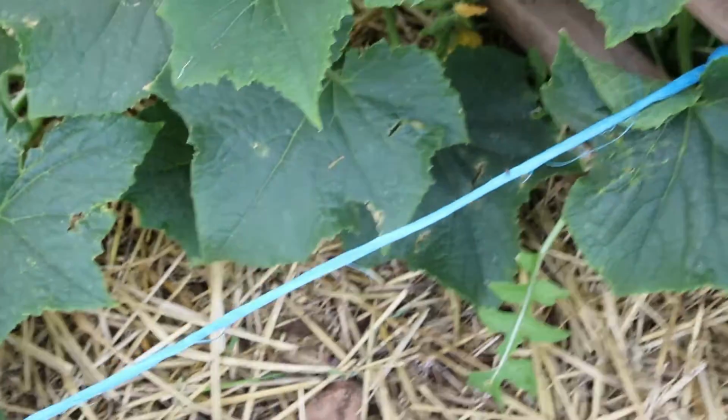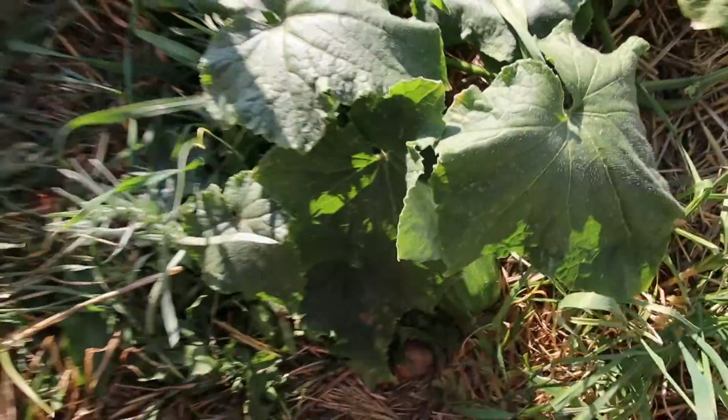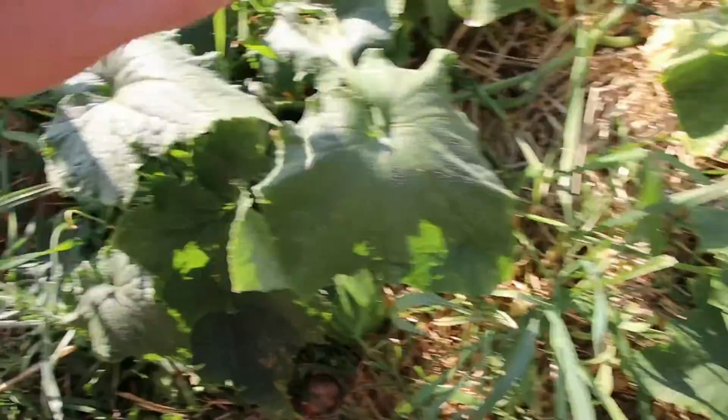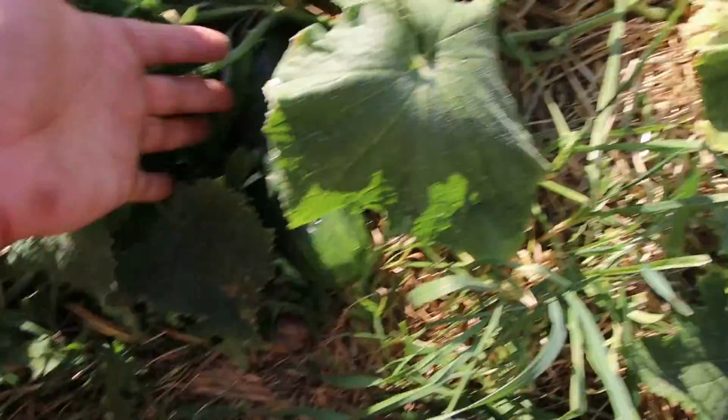Pickles growing. These are all cucumbers. Cucumbers? Did I call them pickles? Yeah, I think I called them pickles. Yeah, they're not pickles, they're cucumbers. But they're the kind that they use in making pickles. So just thought I'd show you the size of these cucumbers. Got a little bit out of hand, but literally,